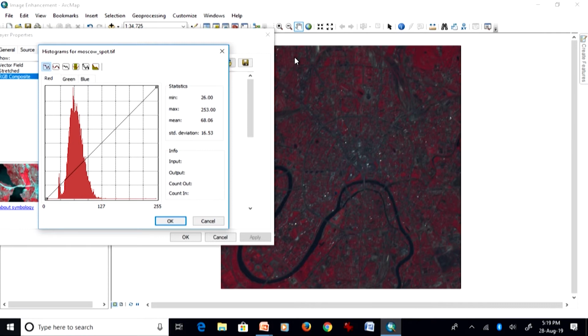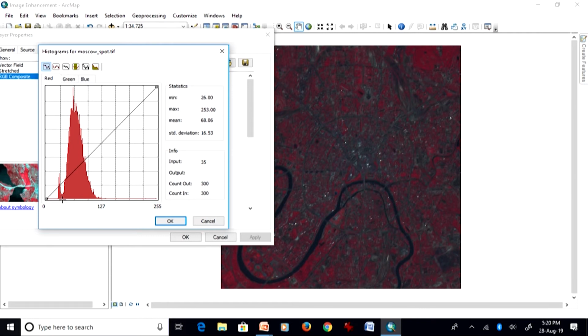Maximum values are located between this part and this part. This one is around 127 and this value is around 26 or 25, so the minimum value of course is 26.